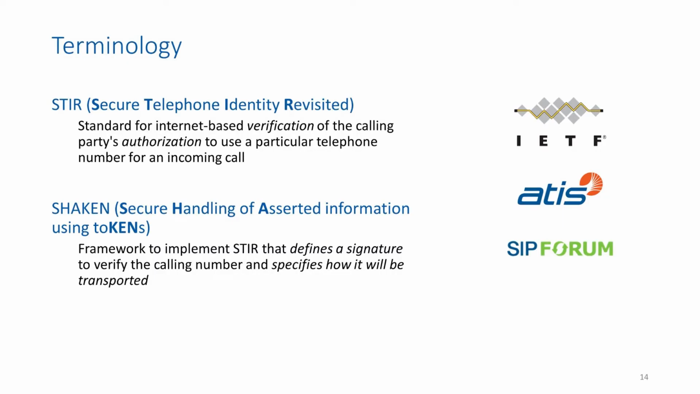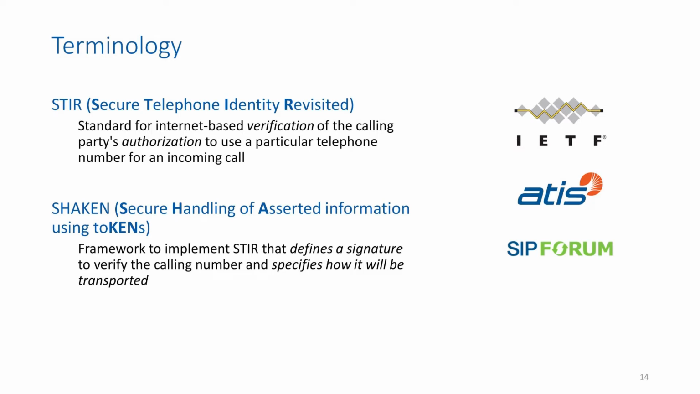All right, so how's this going to work? There's a couple things. First of all, some terminology. There's two real technologies, and of course, they have a kind of cute little name, the STIR/SHAKEN 007 kind of coding. The IETF, ATIS, and the SIP Forum all got together and developed a couple of standards that are critical for this. STIR, the Secure Telephone Identity Revisited,